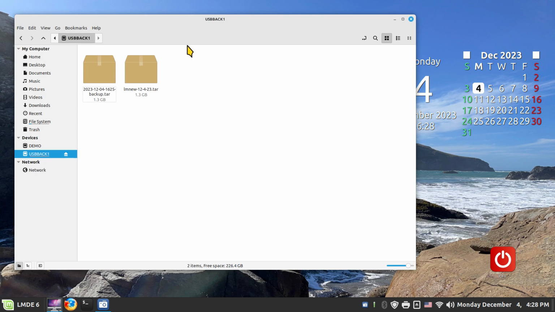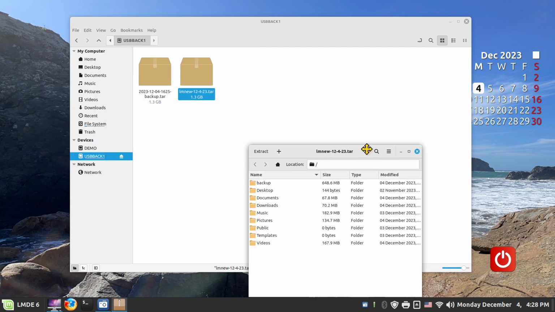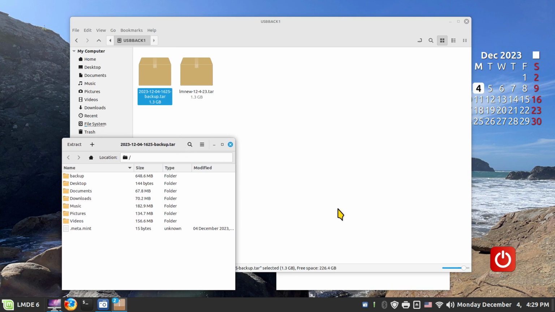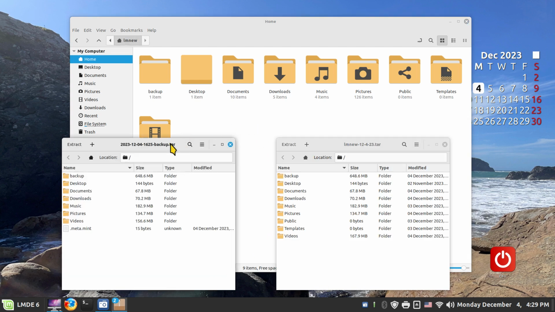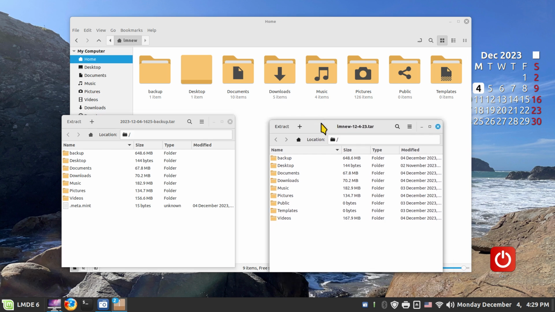My drive is finished. So what I'm going to do is open both of them, and I'm going to compare apples to apples and show you some differences, because the question was asked, is there a difference between the two? There is. And to me, I prefer using the tools in the file manager for this purpose, because you're going to see that some folders are not copied with the backup tool, versus if you use the tools in your file manager, they are. Public and templates do not contain any files currently, so they are not copied in your